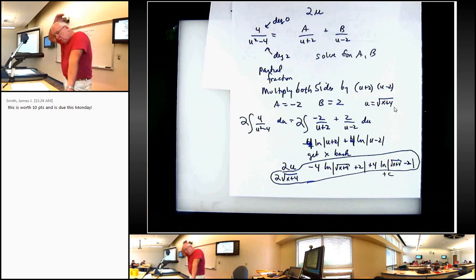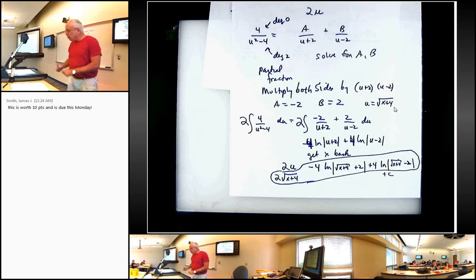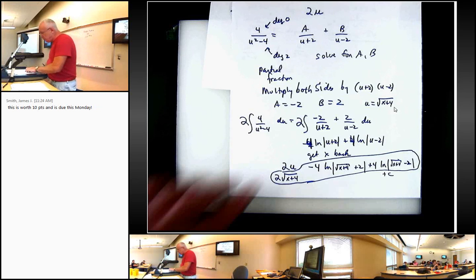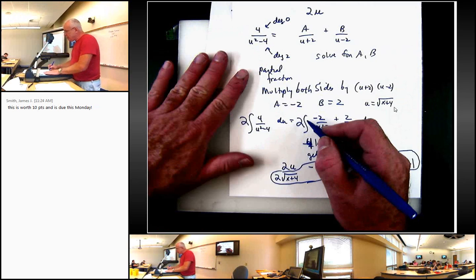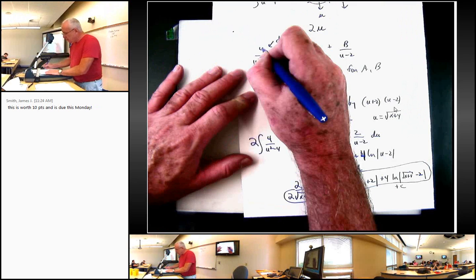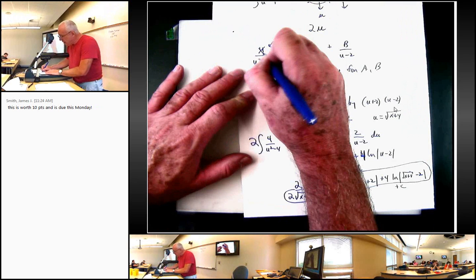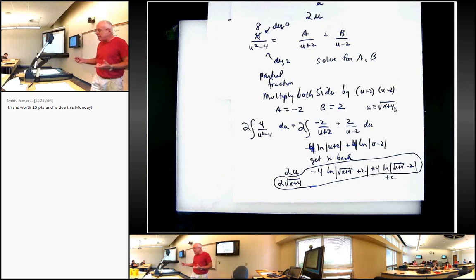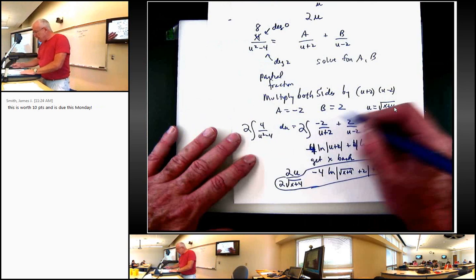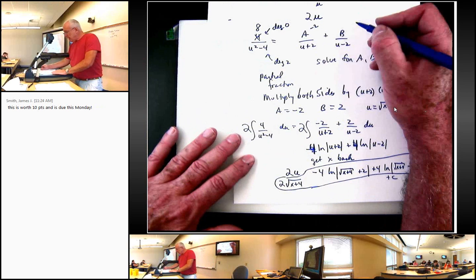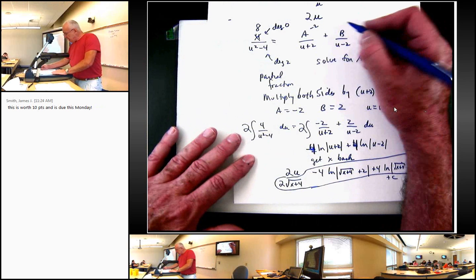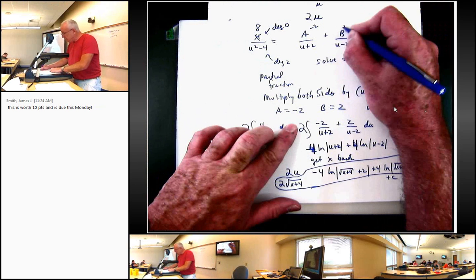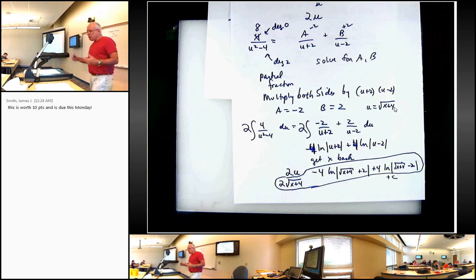Oh, you know what? I just realized something. When I did this on my paper here, and I told you that A is equal to minus 2 and B is equal to plus 2, that was already with multiplying the 2 by the 4. Sorry, in my paper I had already multiplied 2 by the 4, and I got an 8. And that gave me my A equal to minus 2 and my B equal to plus 2. So I'm sorry, way down here,